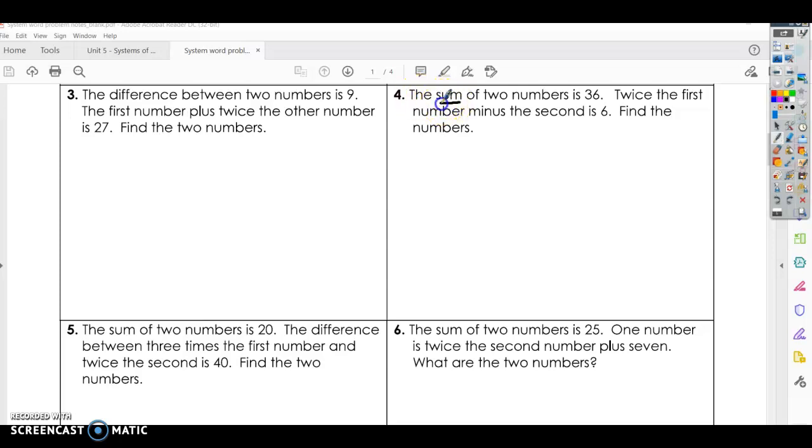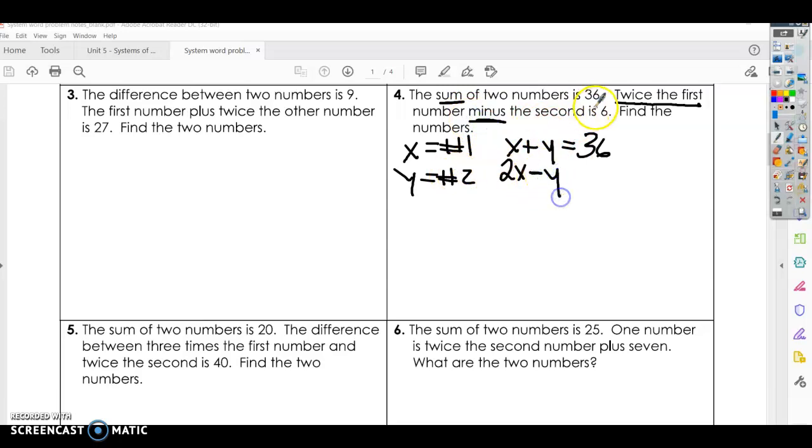All right, so it says the sum of two numbers. So we've got x and y. We've got our two numbers again. And the sum of two numbers is 36. So we can say x plus y is 36. Then it says twice the first number. So the first number is x. So twice means two times the first number minus the second number, which is y, equals 6. All right. Again, our y's will eliminate